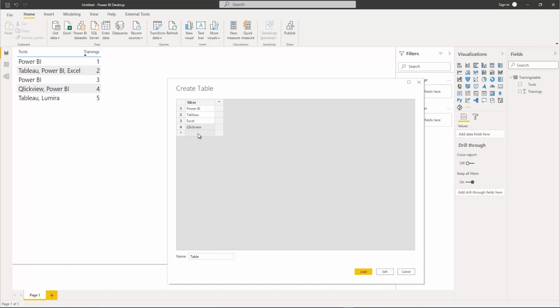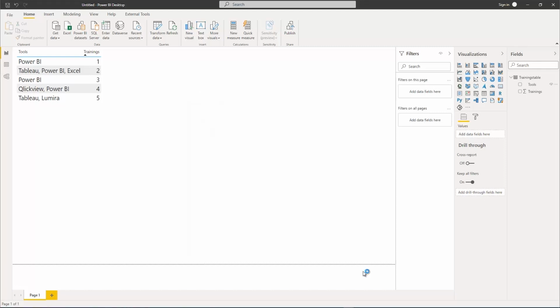And finally we have Lumira, which is also included in here. Okay, so we got the 5 entries. And of course you can name this table somehow. Maybe we should name it Slicer Table. Or let's call it Tools. No, tools we already have, let's call it Slicer Table, TBL. Okay, so now we can load this, click on load, and then this table gets loaded into